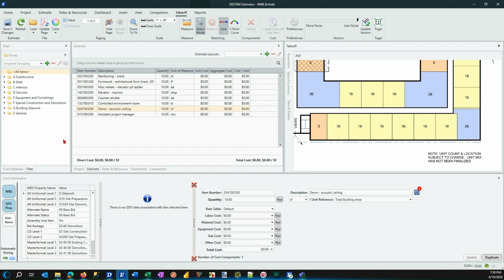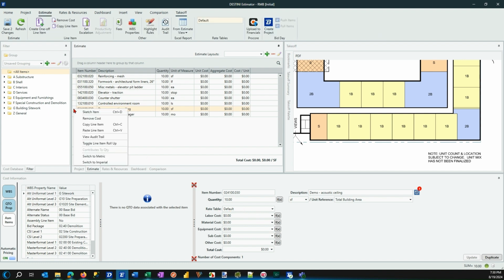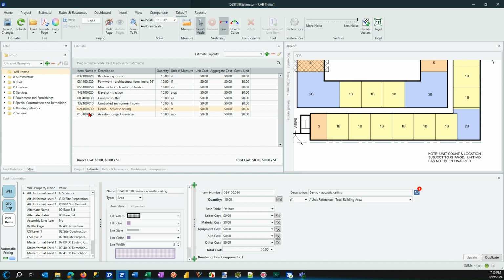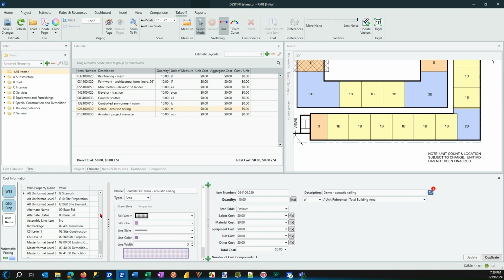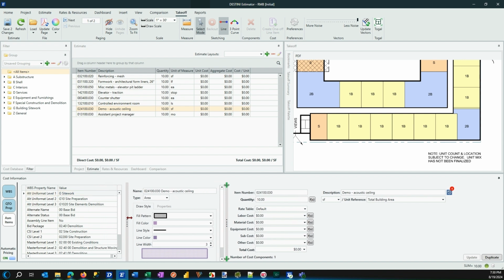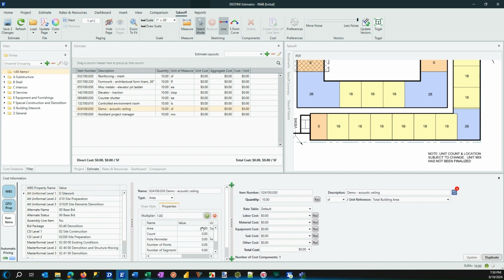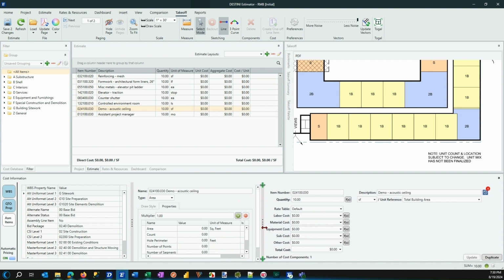Open up that filter view a little bit more. And now my sieve is wide open, so I can also see my WBS properties, my QTO props, and then all of the line item details. So now if I was to go ahead and say, hey, I want to sketch my demo, I have the QTO props here, and of course I can stretch these back and forth a little bit if I wanted to see more of my WBS properties. I can open that up here, and of course I can look at the properties with the inside of my